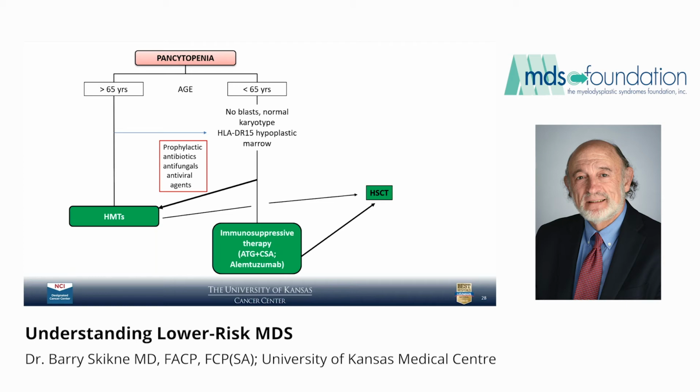HLA stands for histocompatibility antigens, and this is the testing that one does to match a patient with a donor's cells for a transplant. So we'll do that, and if this HLA DR15 is present, they're likely to respond to immunosuppressive therapies